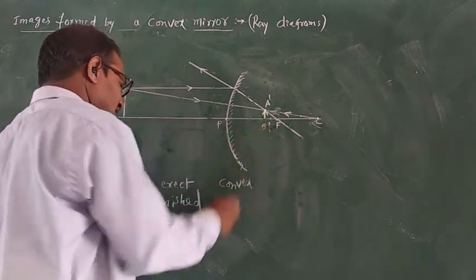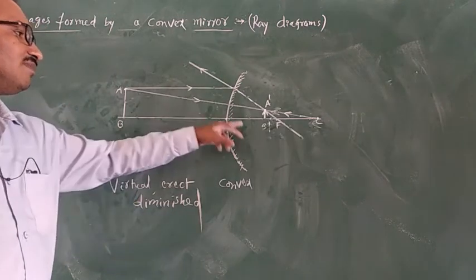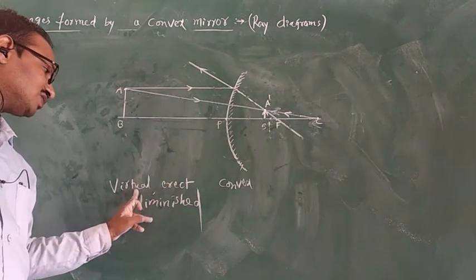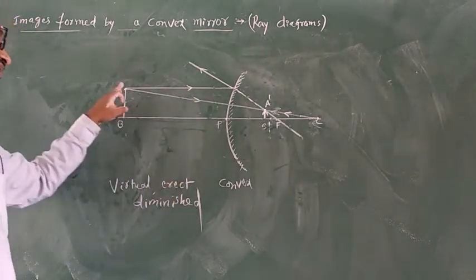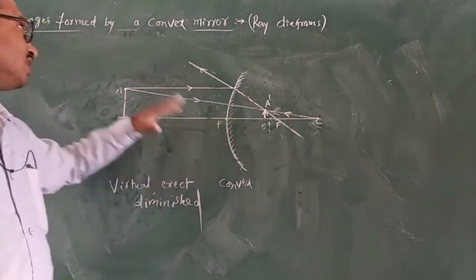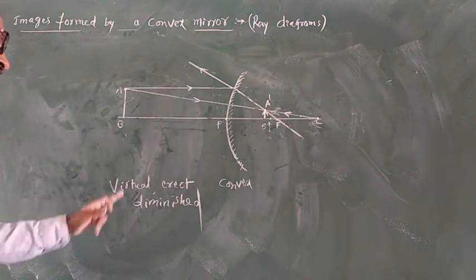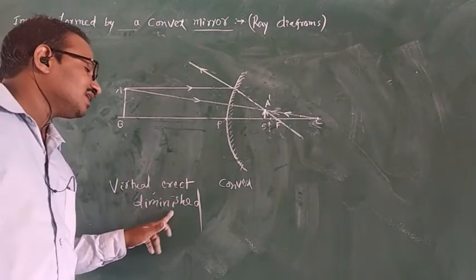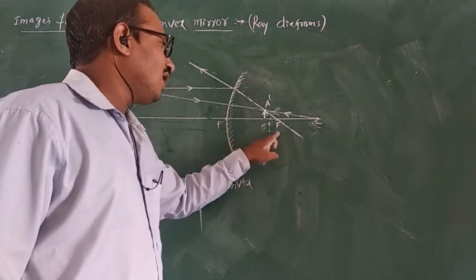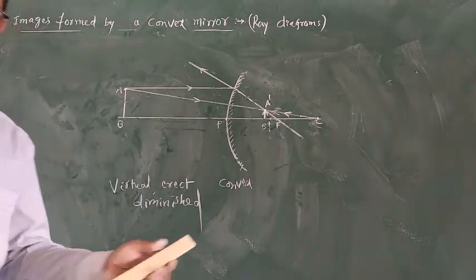Pole and focus, right? And see the nature. Virtual image. Virtual image means the image we are getting in the mirror itself, not on a screen. The virtual image is erect, in the same upright direction as AB, and always smaller. So in the case of a convex mirror, wherever you keep the object, you will always get a virtual, erect and diminished image between the pole and focus of the convex mirror. Right?